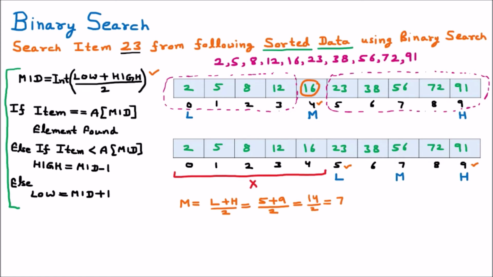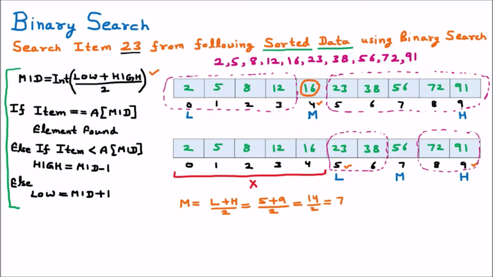Again we can see that we are dividing this list into parts, because binary search works on divide and conquer. The list we had, we are again dividing here. This is the first part of the list, and afterward we have the second part of the list. We are dividing into two, that's why it is named binary search. Now again we have to follow the same steps.